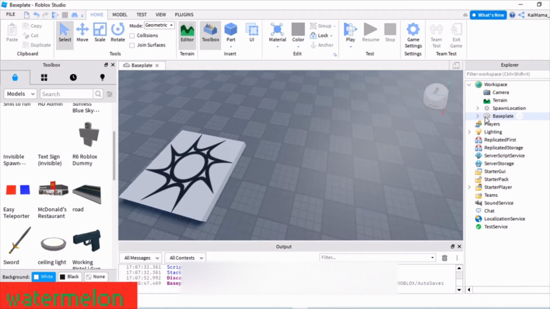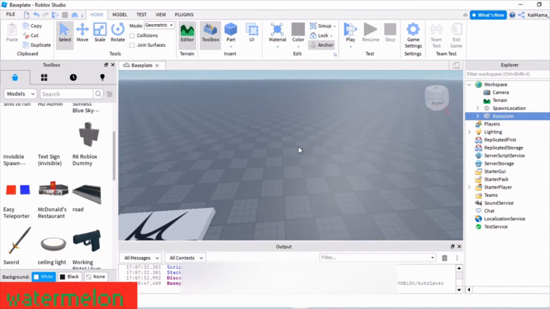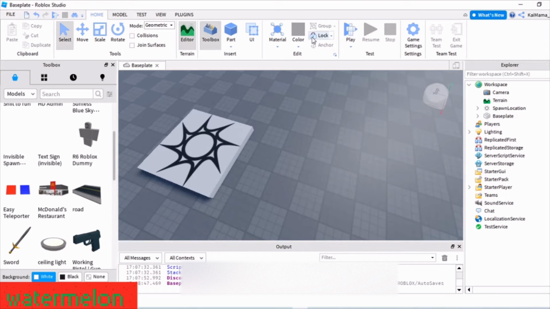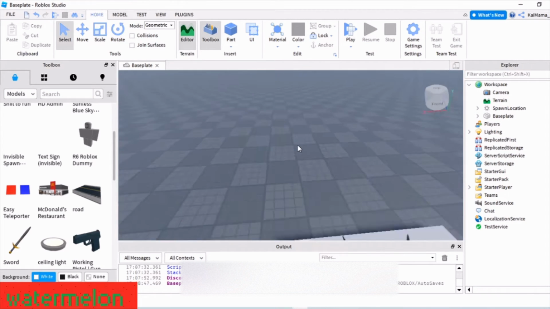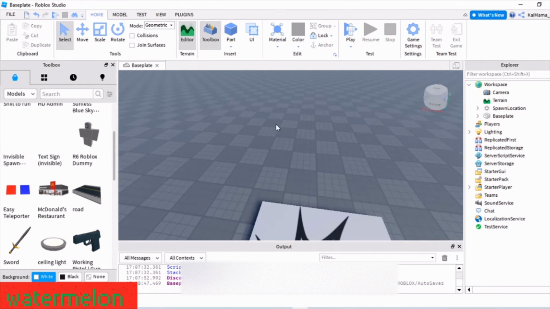You can still click on it in the Explorer and get to it, but if you want to get to it quicker, then you should probably unlock the parts. But I'm just going to keep that locked because, I don't know, I just like it locked like that. And so basically,